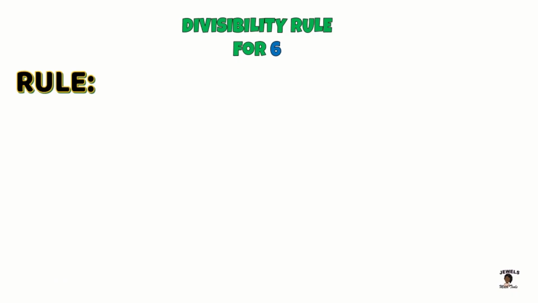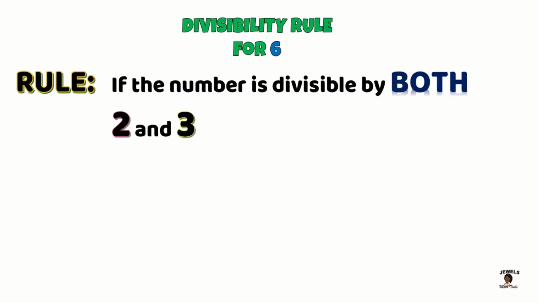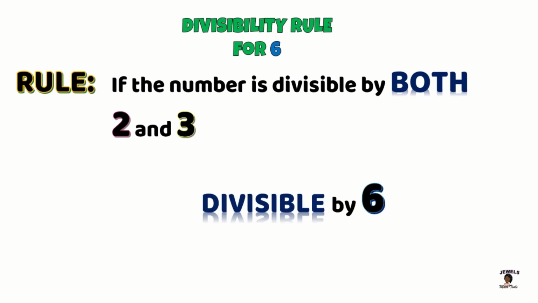The divisibility rule for 6 tells us that if a number is divisible by both 2 and 3, then this number will be divisible by 6. But to be able to apply the divisibility rule for 6, we must first review the divisibility rule for 2